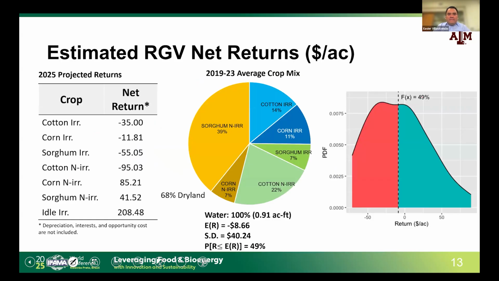So this is the data that we are using here. And this is real data from the Rio Grande Valley, okay, in which we have, well, for some reason, I am going to explain in a minute what is going on here, okay? So we have 6 different types of crop here: cotton, corn, and sorghum, irrigated and non-irrigated. As you can notice here, the non-irrigated has a positive net return. And this has to do with the low prices in the last few years. We have had a higher cost in the last few years, okay? And irrigation cost is also high.